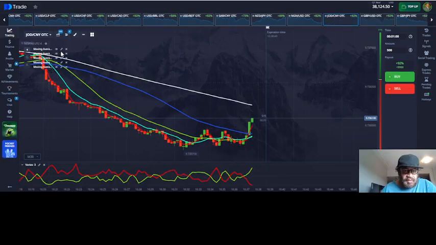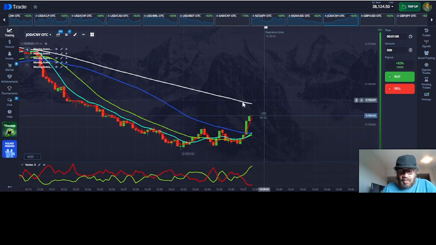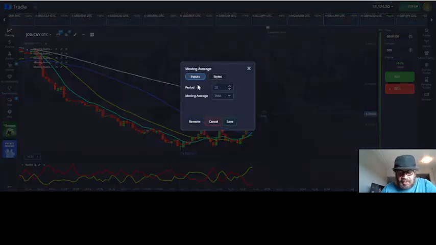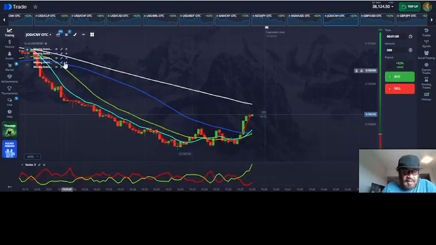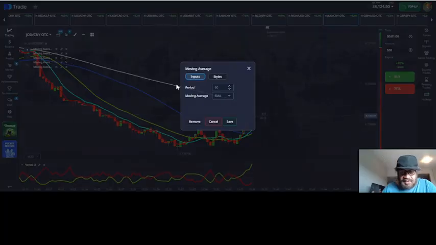So the moving averages that I'm going to be utilizing are the 100 simple moving average, which is the white, the 20 simple moving average, which is the green line, the 50 SMA, which is the blue line,